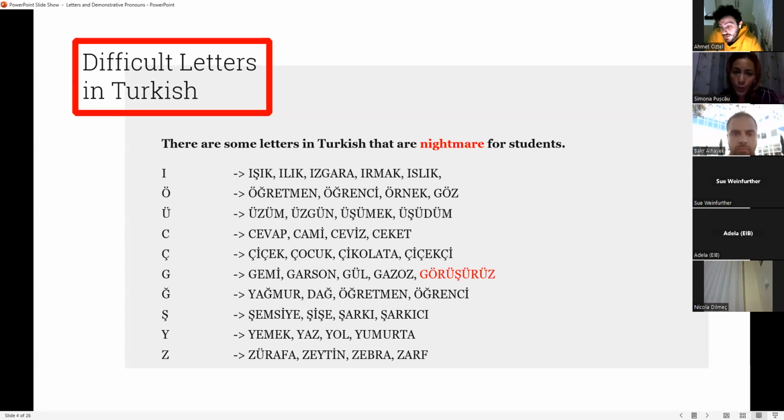In Turkish, we have some difficult letters, so I will be talking about those letters. I'm not going to talk about all the letters because it's going to take too long. And for that, we have 3 vowels that I think we can consider difficult, and those are ı, ö, and